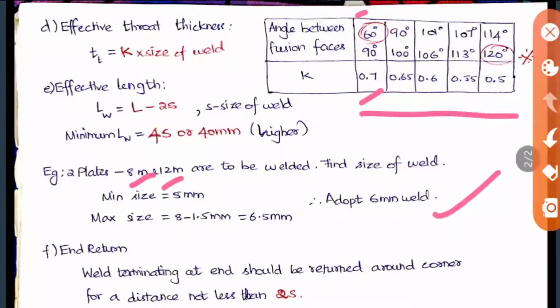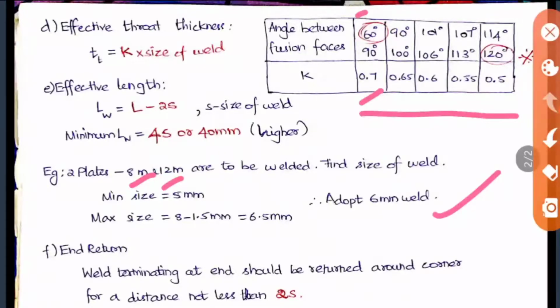Okay, so here two plates, one is 8 mm and one is 12 mm, are given. For finding the size of the weld, first you should know the thicker plate's value, because based on the thicker plate only we decide the minimum thickness. So we saw a tabular column before, no? So based on that we should fix the thicker plate. So for the thicker plate it is 12 mm. So 12 mm means we have the range of 10 to 20 mm, which will have 5 mm as the minimum size of the weld. So we can adopt the minimum size as 5 mm.